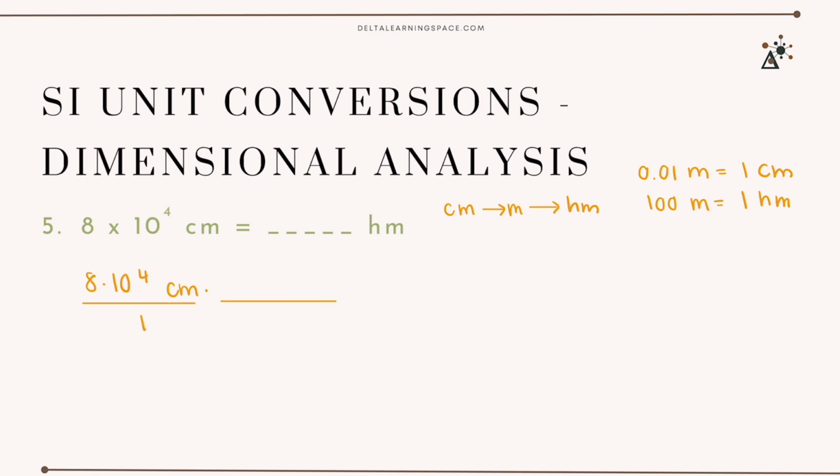I'm using my first conversion factor, that 0.01 meter equals 1 centimeter. And here I have my dimensional analysis set up. My centimeters will cancel out, leaving me with meters, but then my meters will cancel out, leaving me with hectometers. I can now put that into the calculator, and my final answer will be that 8 times 10 to the 4th centimeters will be equal to 8